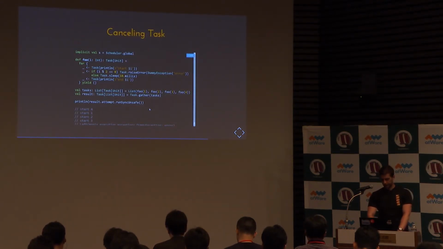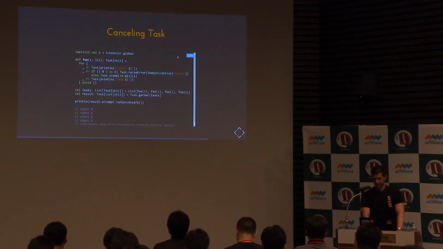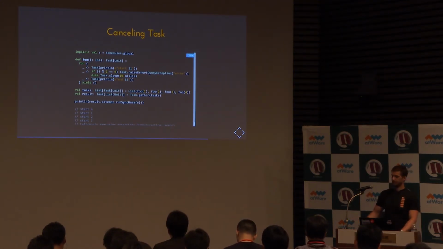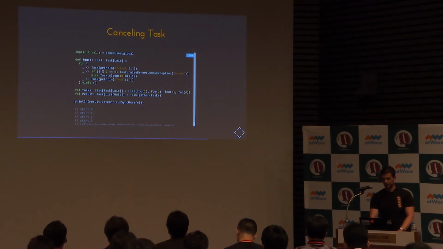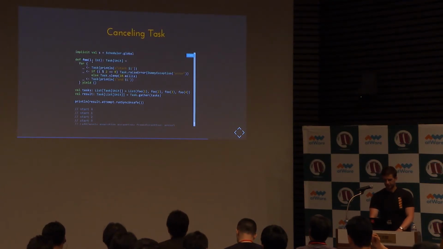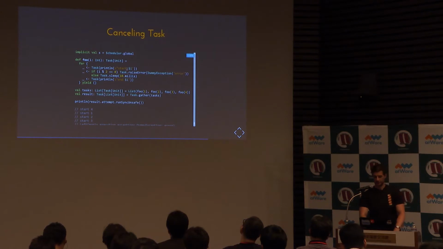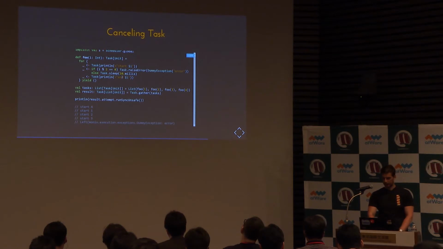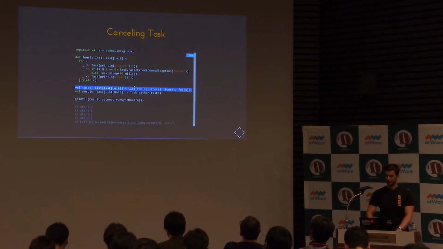Okay, and here I have some example of how to actually cancel a task. Earlier I showed at the start a function that could give some handle, but many operators have this logic encoded in them. In this case, this function will just define some task that, depending on the number we give it, will either raise an error or sleep for 10 milliseconds and print when it started and when it ended. And we define 4 of those tasks, so 2 of them will fail and 2 of them we want to be cancelled